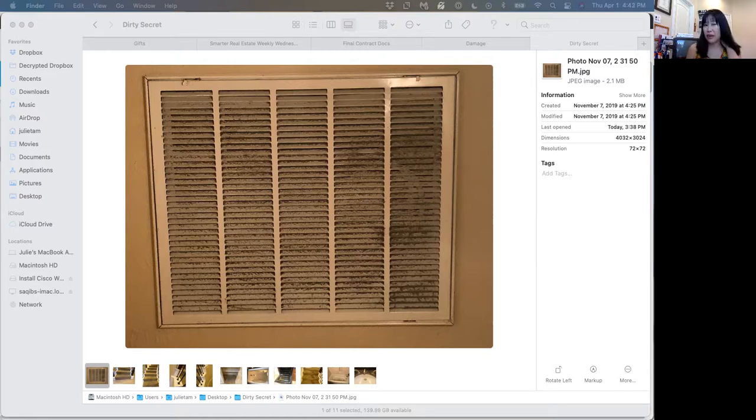But to me, I felt like he was actually smoking inside because it was a little too strong to just come from clothing. From clothing and other things, you should smell it, but this smelled like there was cigarette smoke literally freshly in the air. Okay, and so as you can see, this is a dirty AC filter,